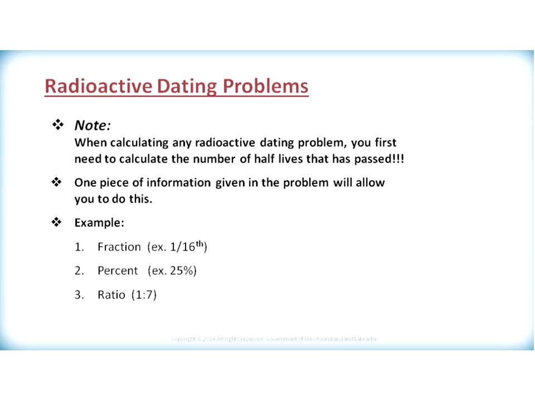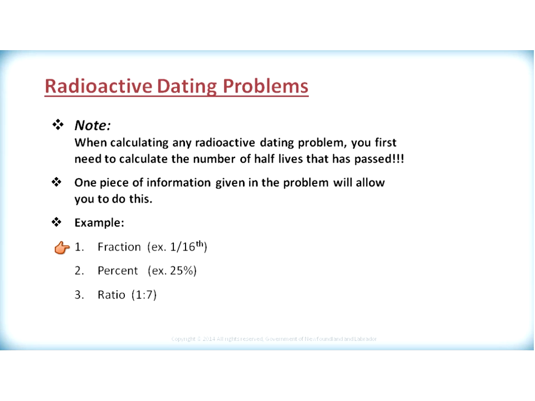When you do a radioactive dating problem, first thing we need to do is figure out the number of half-lives that have passed. So when calculating any radioactive dating problem, you first need to calculate the number of half-lives. This is key to finding the answer to any radioactive dating problem. One piece of information that will be given in the problem will allow you to do this. For example,